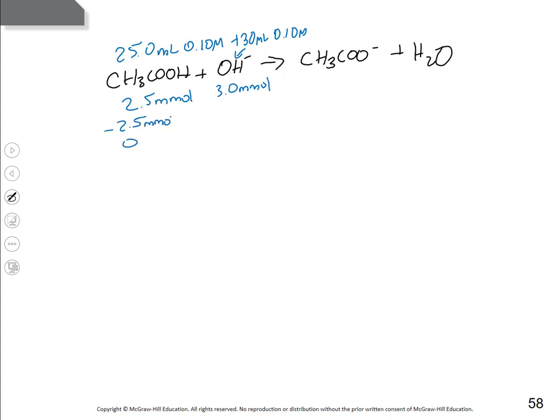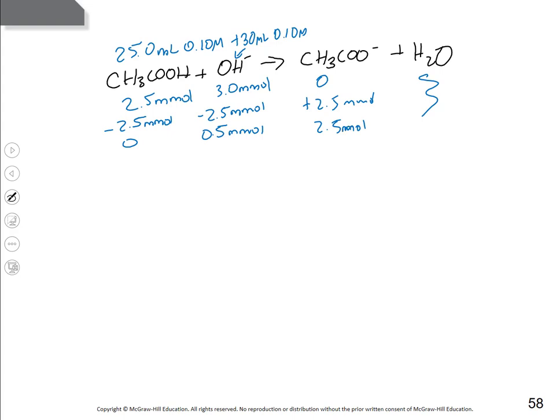If it decreased by 2.5, how much is the hydroxide going to decrease by? Same. Which means we're going to be left with what? 0.5 millimoles. Now over here, with water, we're also technically adding 2.5 millimoles,